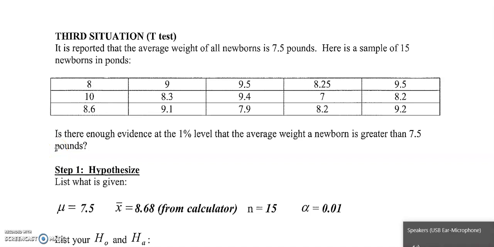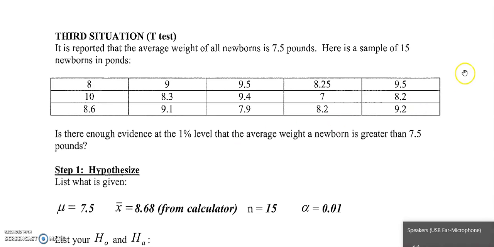Our first situation is called third situation. It is reported that the average weight of all newborns is 7.5 pounds. Here is a sample of 15 newborns in pounds. We have the data provided: 8, 9, 9.5, 8.25, 9.5, 10, 8.3, 9.4, 7, 8.2, 8.6, 9.1, 7.9, 8.2, and 9.2. And is there enough evidence at the 1% level that the average weight of a newborn is greater than